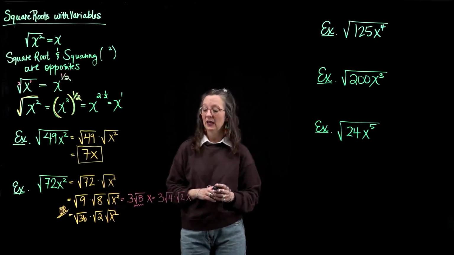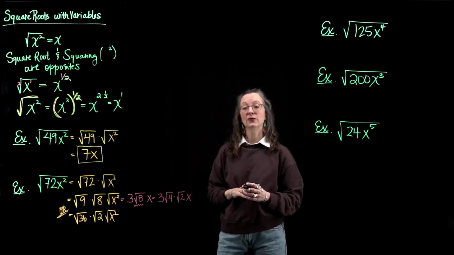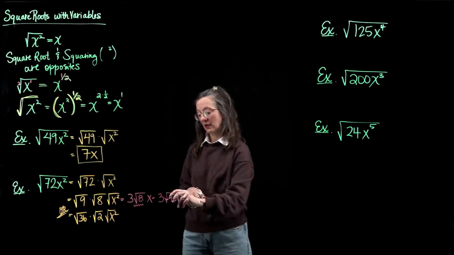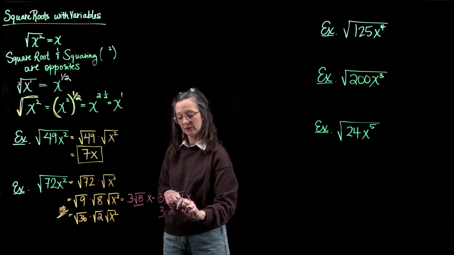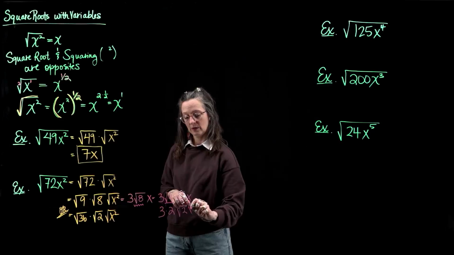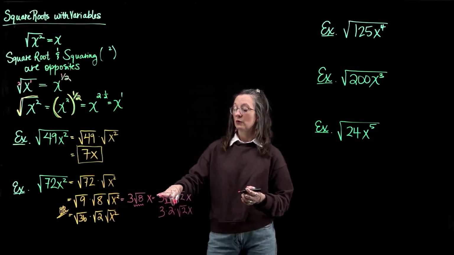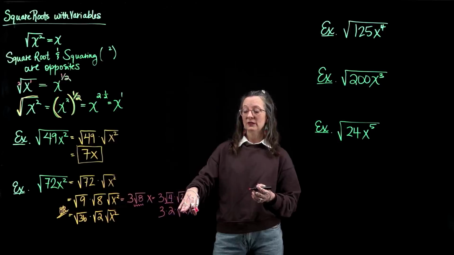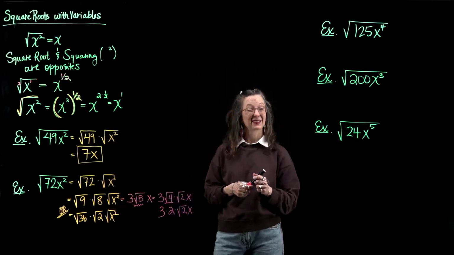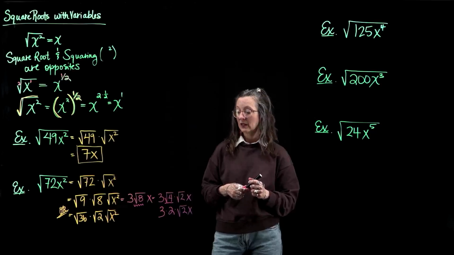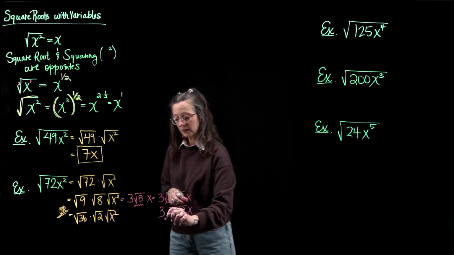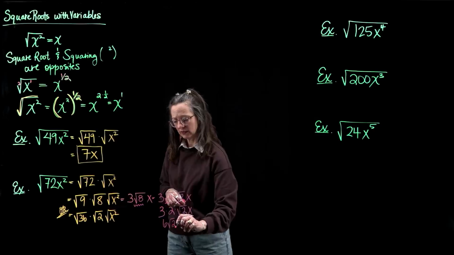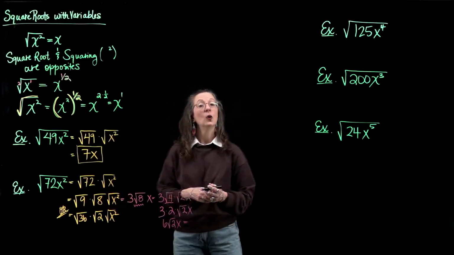So I'm going to rewrite that as 3 times square root of 4 times square root of 2 times x. All right, square root of 4 is just 2. So we would have 3 times 2 times square root of 2 times x. Kind of looks like a mess. But we know 3 times 2 is 6. So this would be 6 square root of 2 times x,